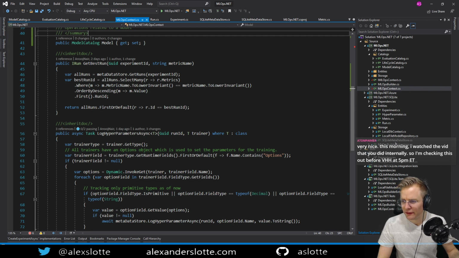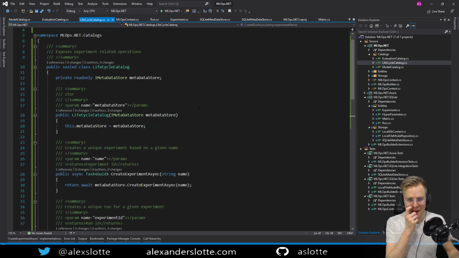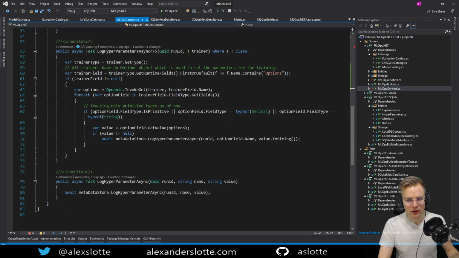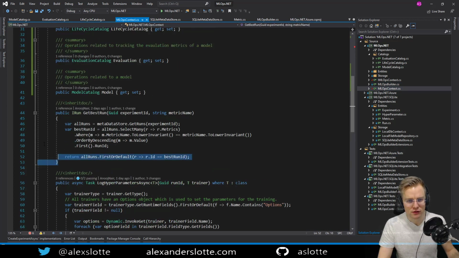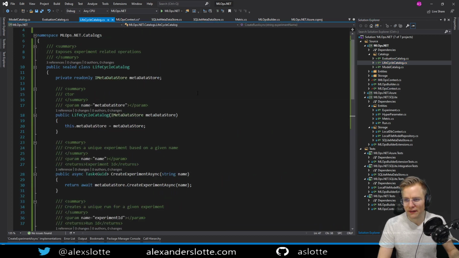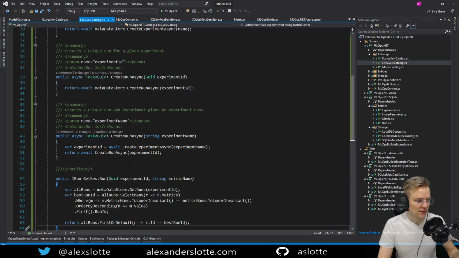Alright, so I feel like I'm missing something here. I'm missing a method that I would expect and I'm not seeing it, and I'm wondering if I moved it already, and I haven't moved it. Oh, it's because it's best run. Okay, that makes sense. I know where it is now. But we do need to move that one. So we need to move this one over to our lifecycle catalog here, because that's where it belongs. So we'll do that real quick.